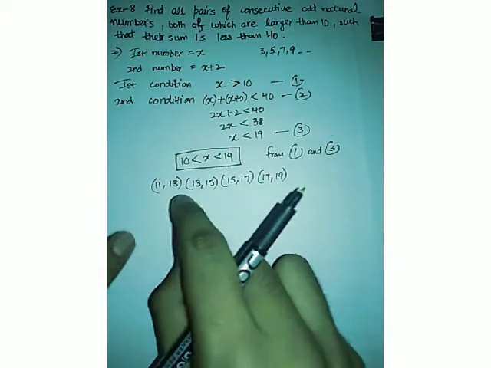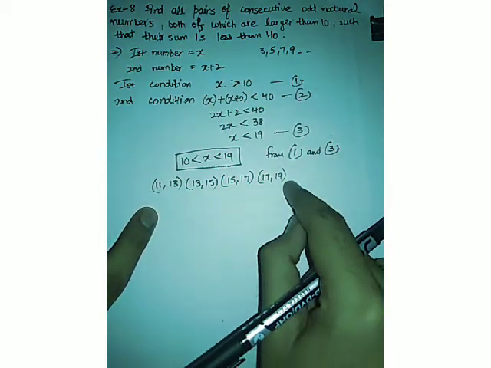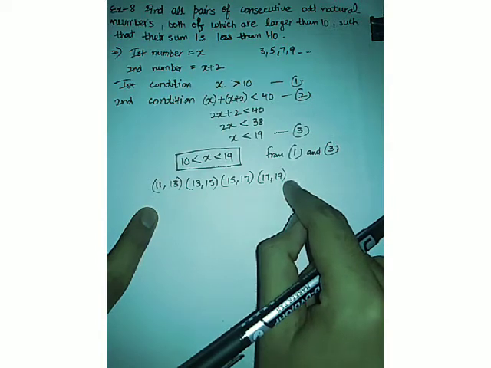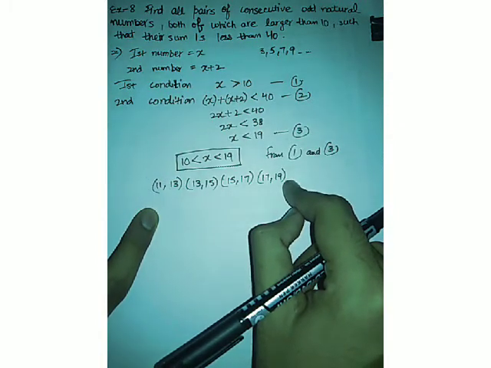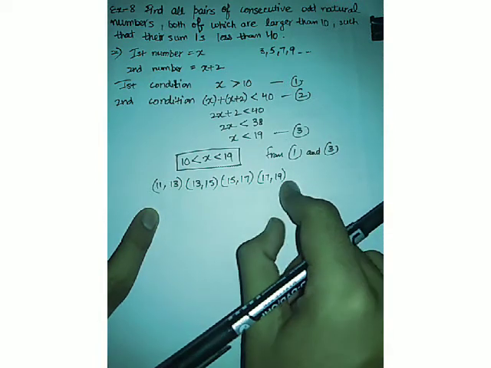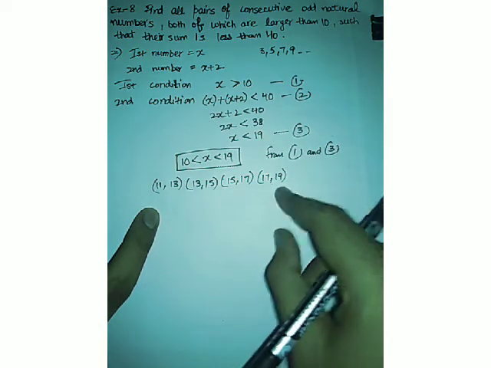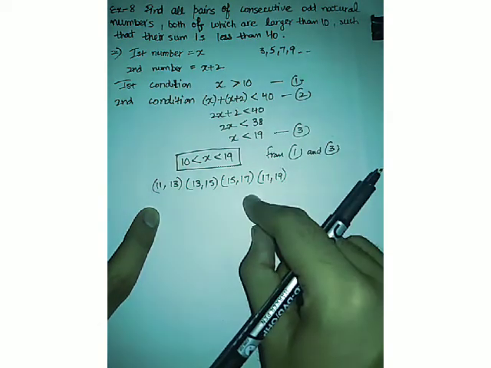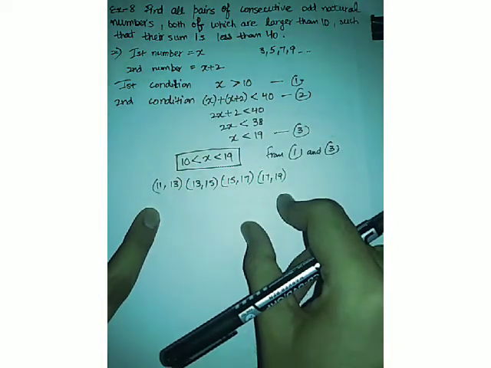All right, with this example we are done with our first exercise, that is 6.1, and it was an easy one, I guess. But if you still find any problem while solving the sum, just feel free to contact me through my comments, and I will be more than happy to assist you with your problems. Now we will be learning the plotting and the solution of a system of linear inequalities in the next exercise.